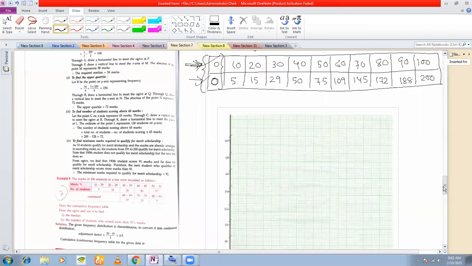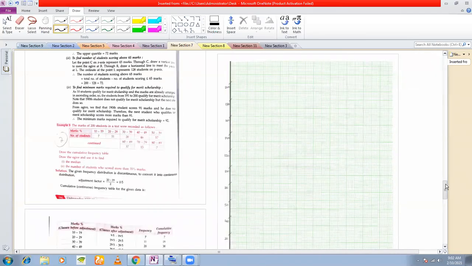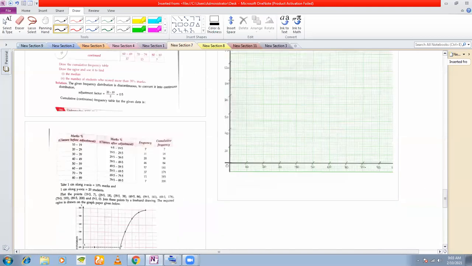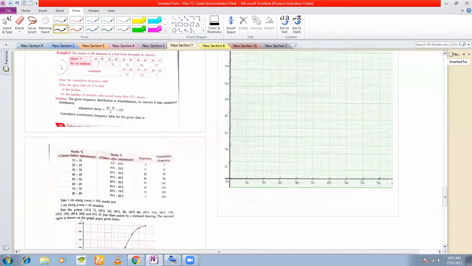Now, before drawing the graph, you must also judge the scale. If you see here, this x coordinate ranges from 0 to 100. What I have done here is, this is a 2 millimeter graph. So 100 is quite a little bit out of range here, but we can manage with this. If you take these 10 divisions as 10, then you can accommodate till 100 here. So 0 to 100 you can accommodate in the x-axis here.